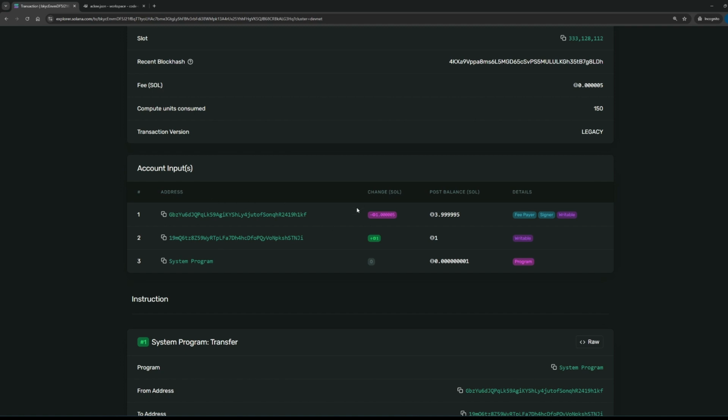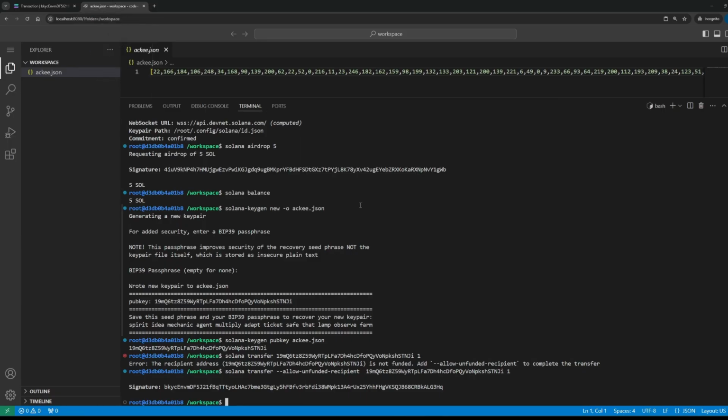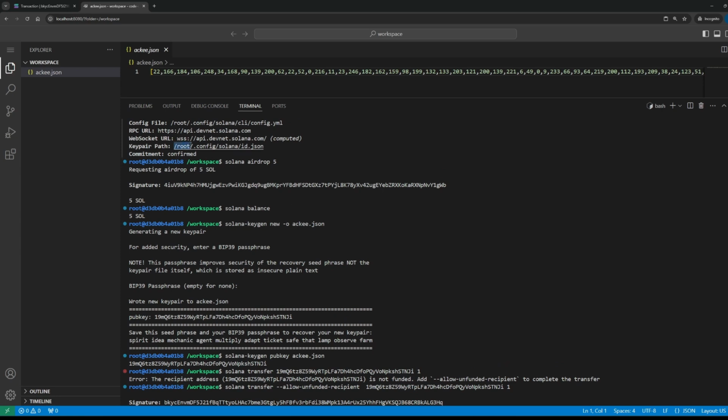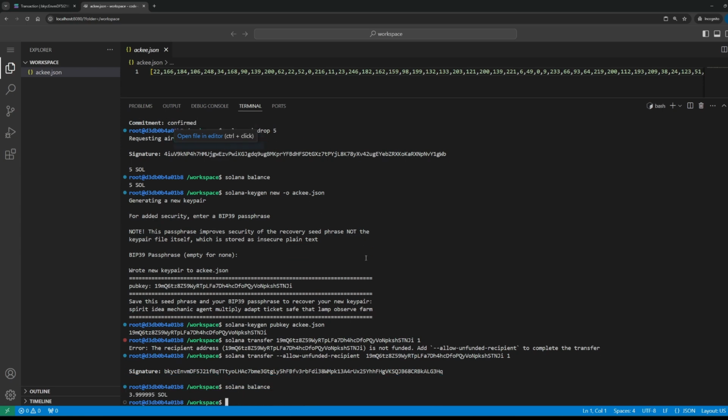You can see these balances also from the CLI. So if I go back and specify Solana balance, that will show the balance of the currently set wallet address. That means of the root config Solana ID JSON. So basically my wallet address, which is 3.999995 Sol.